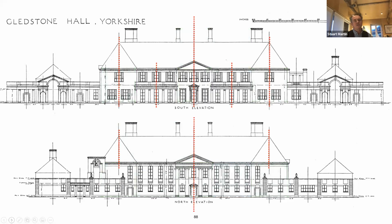When we look at center lines in what is, after all, an entirely symmetrical building, and it's very important, this growing use of symmetry, we can see the contrast between the garden side, which is here at the top, and the entrance side at the bottom. On the garden side, there are numerous repeated center lines and minor center lines and lots of French doors, whereas on the entrance side, there is just that single central focus. And you've got one place to go in, but once you're in the house, you've got many options for getting out into that garden on the south side. Next